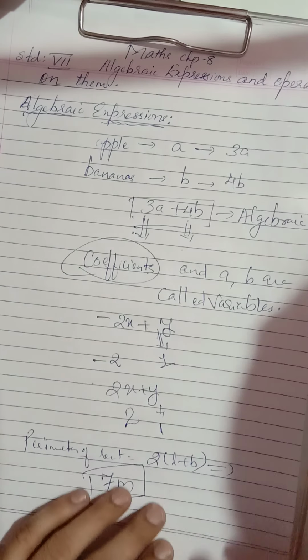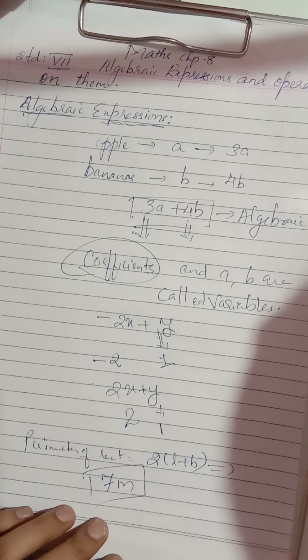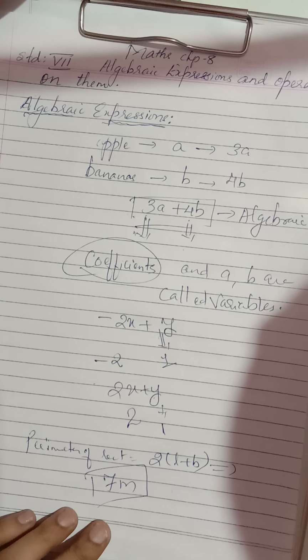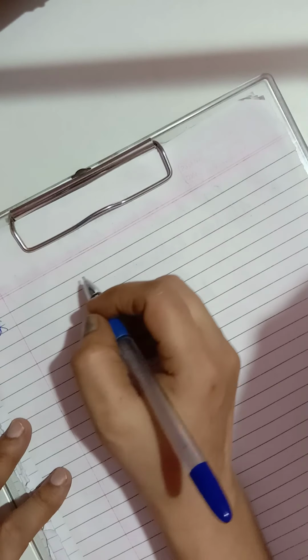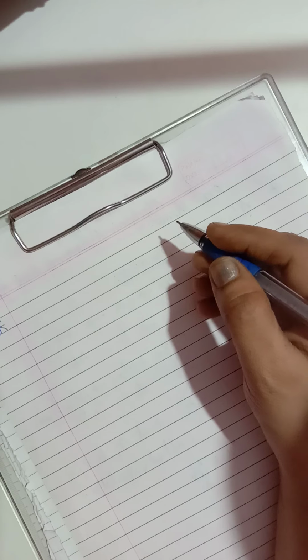Just listen to me carefully. I'll be sending these points in a PDF, so you can copy those points from the PDF. Clear, children? Now see children, I just gave an example that we can have an algebraic